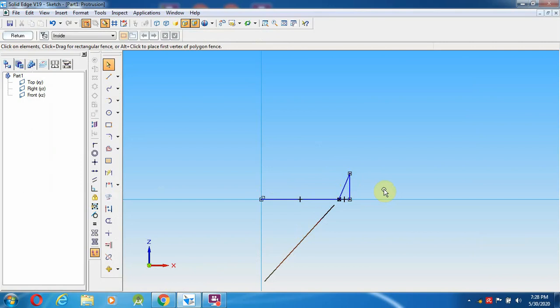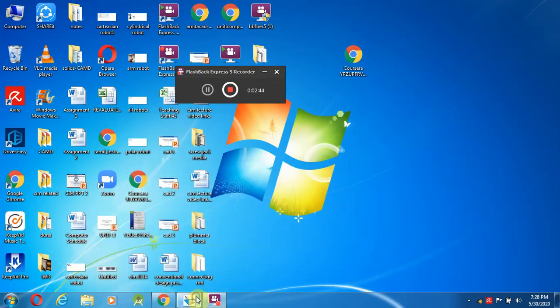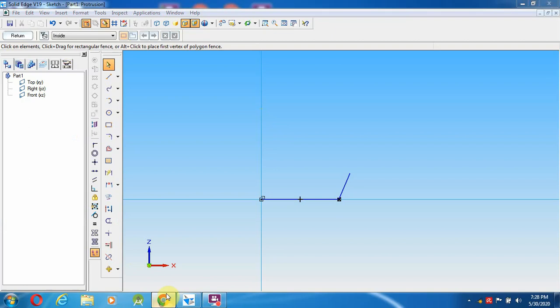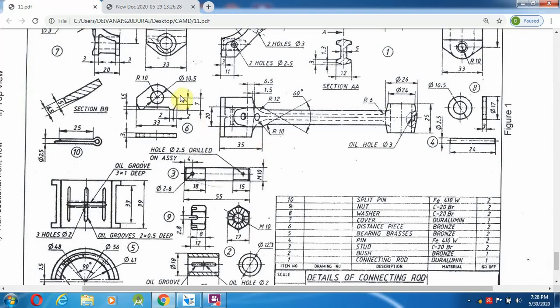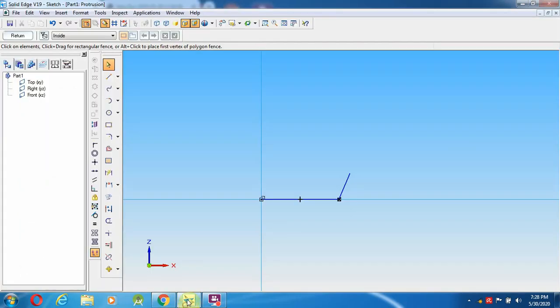So delete this line also, and delete this one here. So how to go for the top? How much is it? It is 5 mm. This will be the 2 mm, so the total is 7 mm. So this will be the 2 mm, not 5 mm.